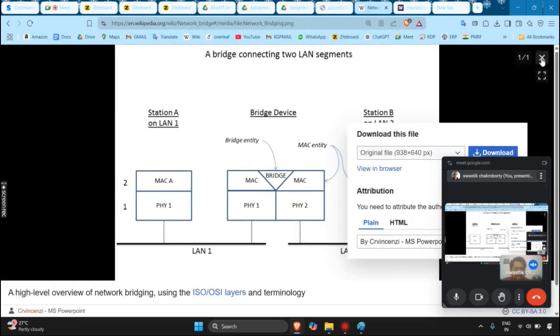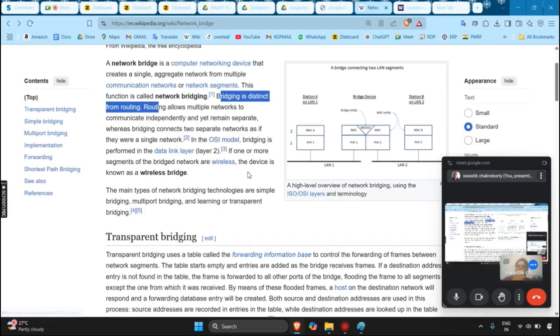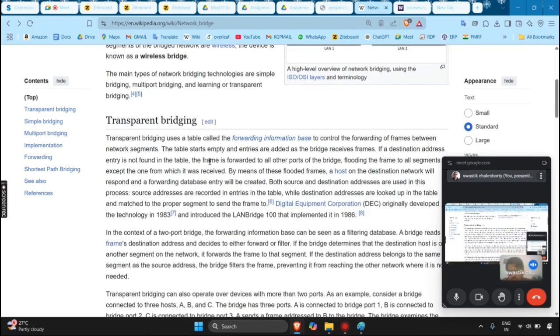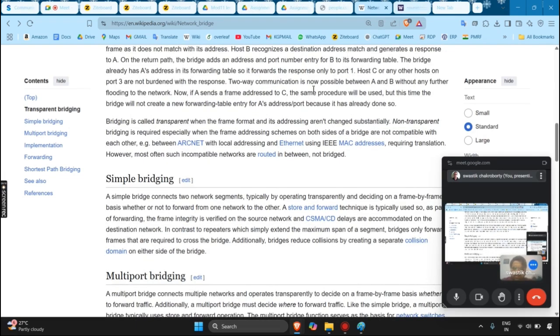We have established that the MAC layers will get bridged. As you can see, these MAC layers are fused together using the bridging entity. In the OSI model, bridging is performed in the data link layer, or layer 2. If one or more segments of the bridged networks are wireless, the device is known as a wireless bridge. Now we come to the part where